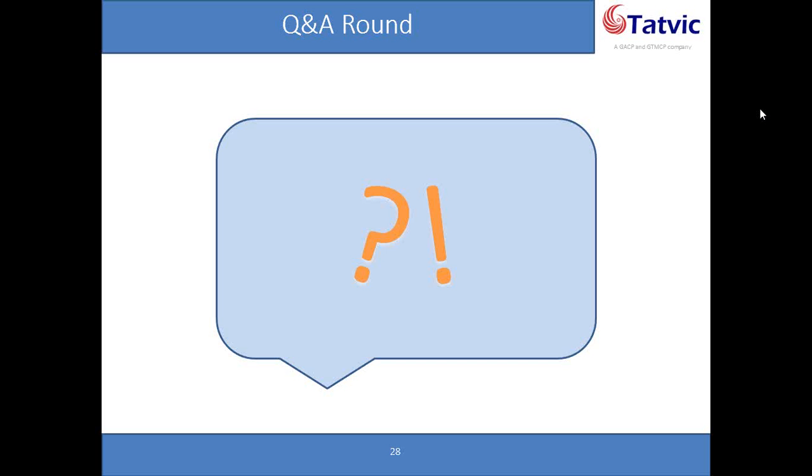So the question is, how many people are aware of how much further they can take the insights of their data if they use these methods and not just stick with the interface of Google Analytics itself?